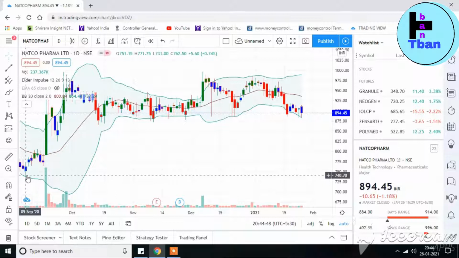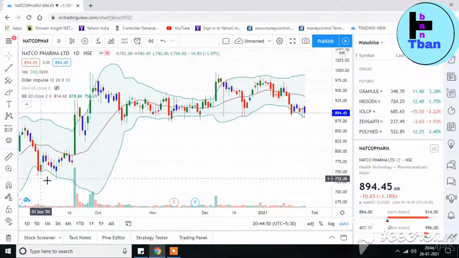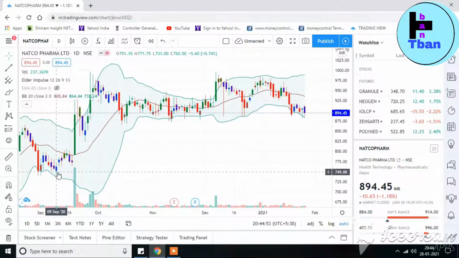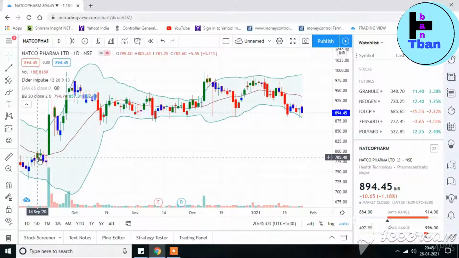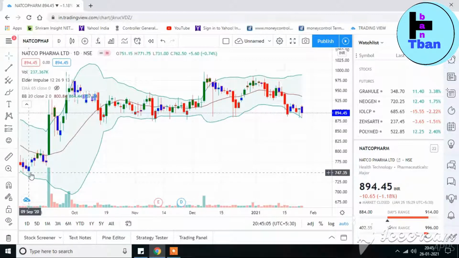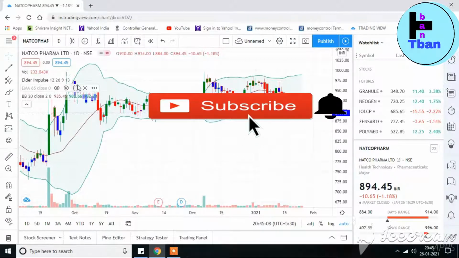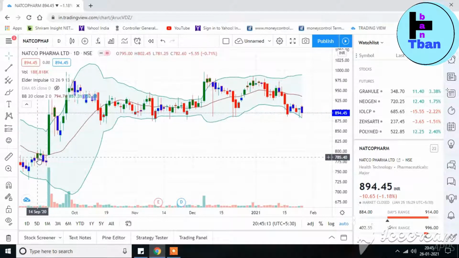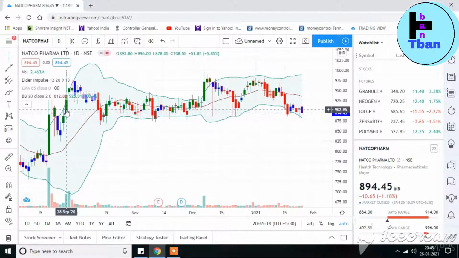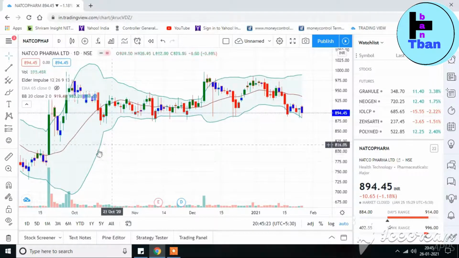Here you also see, at the lower level of the Bollinger Bands, a blue candle formed, but you take entry just from these places when the green candle forms above the blue candles. You also see the movement of the stock. If you enter from this place, suppose 802, you can easily get to this position, 996, a huge profit.